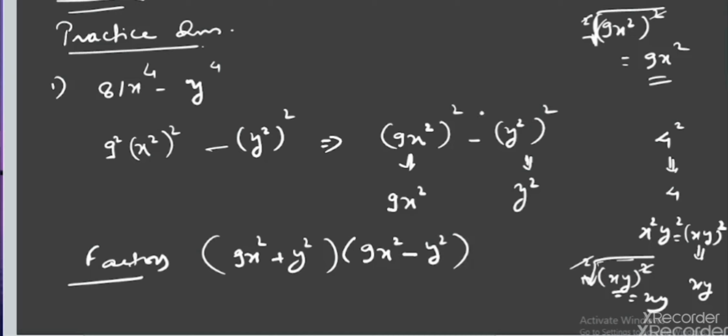What we have done, we have simply taken out the roots of these perfect squares. We have taken out the square roots of these perfect squares. Then we have simply connected them with one plus sign, and the second time we have connected them with minus sign. Understood? So this is how you are going